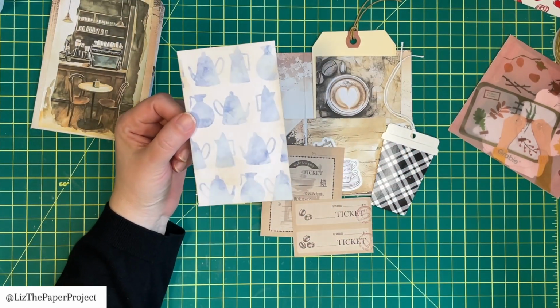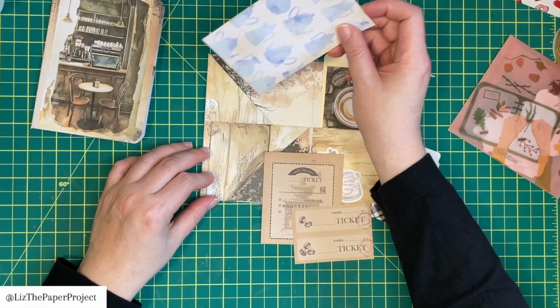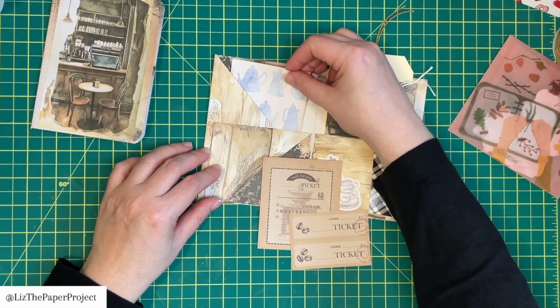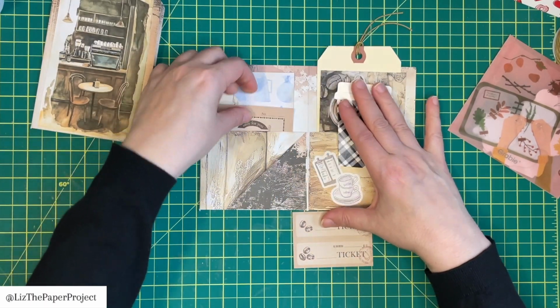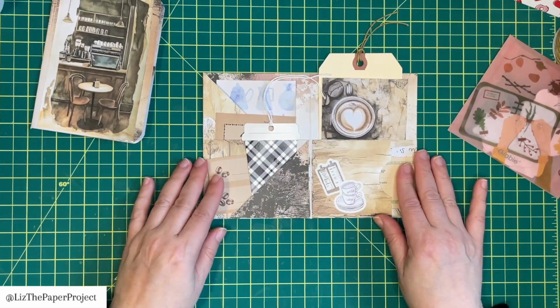And then this one was from Michael's Paper Pad, the little coffee or tea stained pots here as well. So as you can see, you already have 3 pockets on one side and 2 pockets on the other side. So this is like a 5 pocket little ephemera holder. We will be using one sheet of 8.5 by 11 paper, and then you use up every little bit to